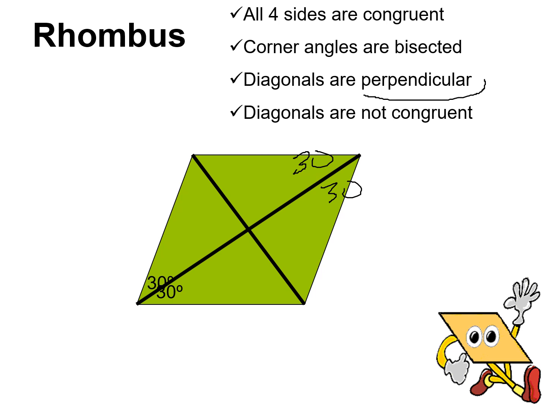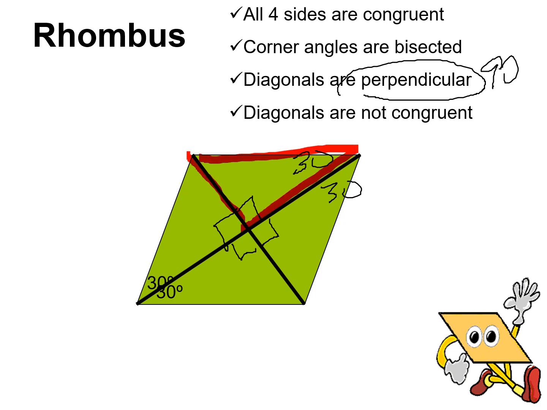The diagonals are perpendicular. Now, do you remember what that vocabulary means? I told you not to forget it. It means 90. So in the middle, I'm going to get 90 degrees in all those 4 corners. That makes each one of these triangles into a right triangle. So now it's 30 and 90, and I can say 180 minus my 30 and my 90 and get 60